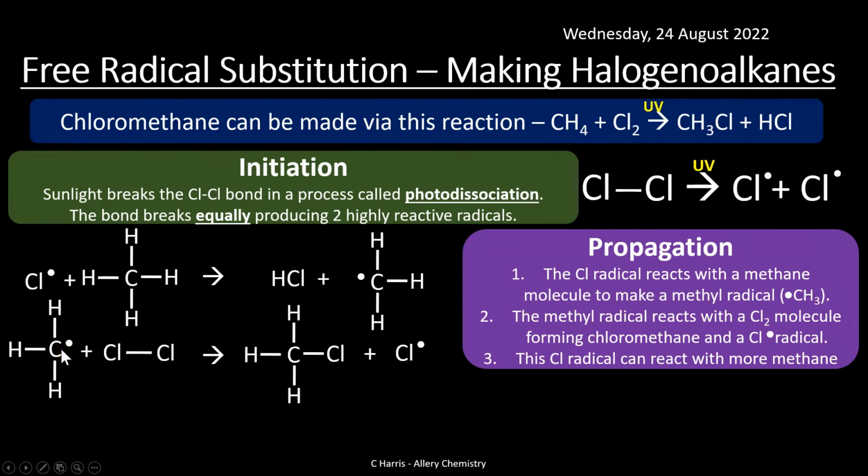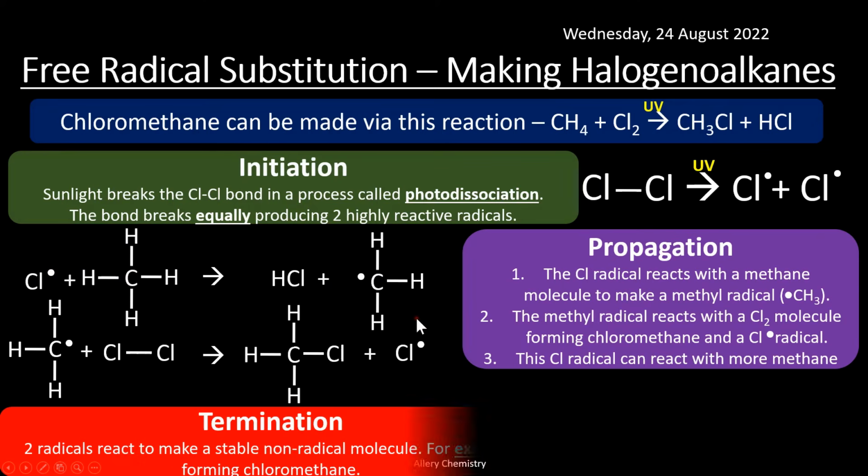That CH3 dot will then react with Cl2, which you'll still have some of around. That will form CH3Cl, there's your haloalkane, and then you form your Cl dot radical, and you can see that can then go back and start the process again, and this will carry on and on until you get to a termination stage,